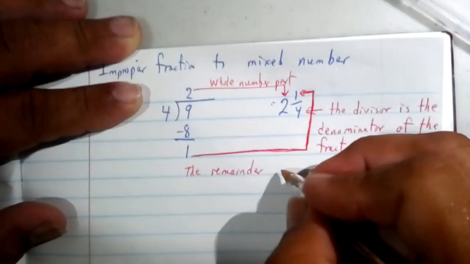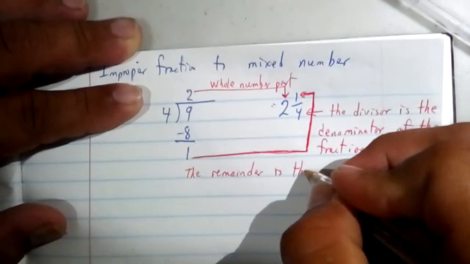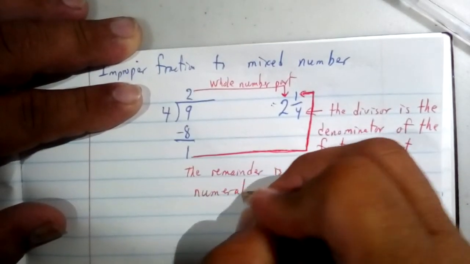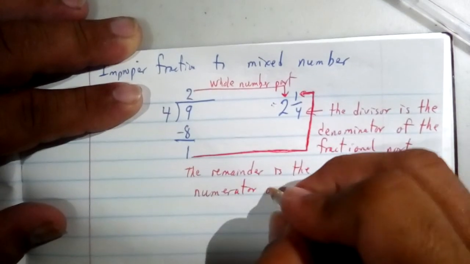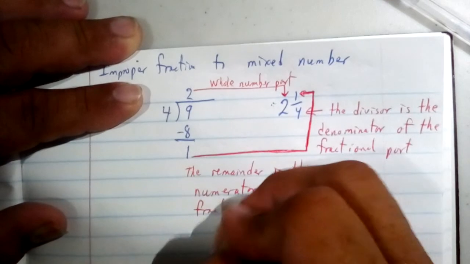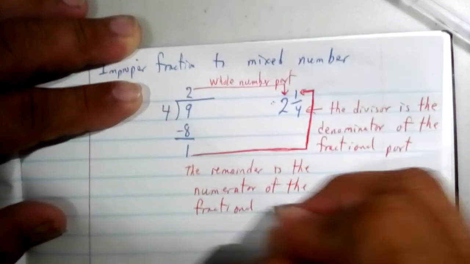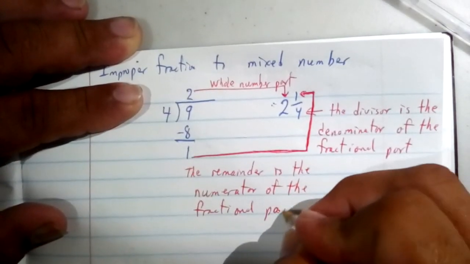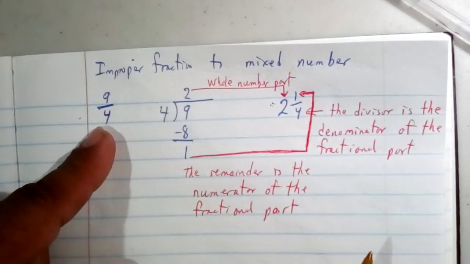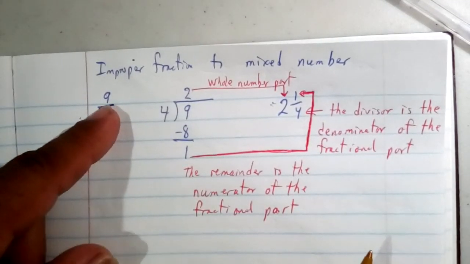The remainder is the numerator of the fractional part. So if we have a mixed an improper fraction, we'll take the top value, which is the numerator, put it inside,